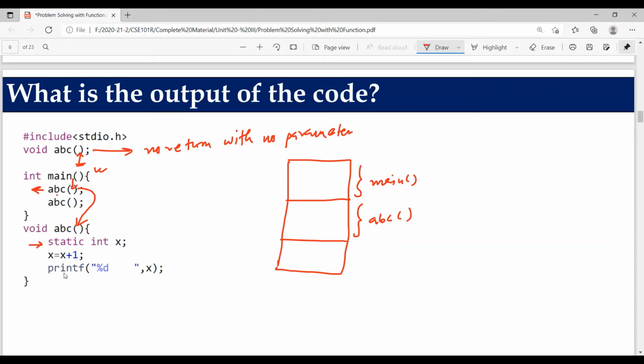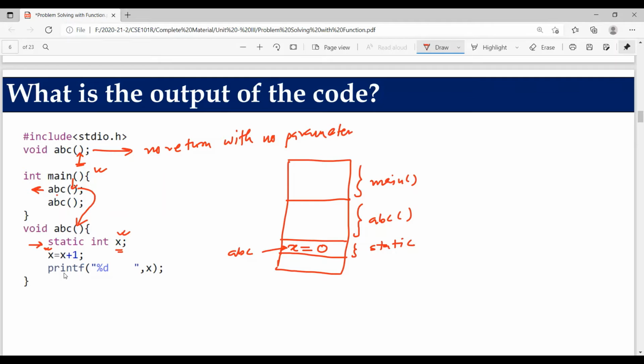As I discussed in the very last program, whenever a variable is declared with the static storage class, it gets a separate memory block, although it may be a local, although it may be a global. So here it is reserving a separate memory block for x in the RAM, and it is initialized to 0 because you did not initialize anything in this particular statement. This belongs to the static local variable, and this x belongs to which function? x belongs to the function ABC, so only ABC can access this variable, not any other function.